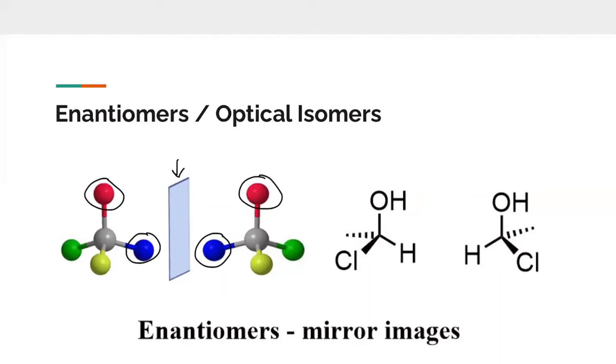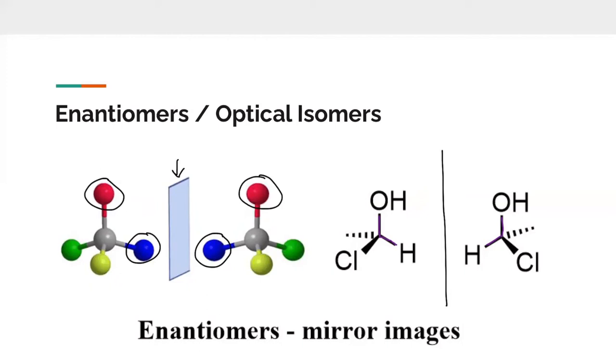Now, before we get into more details about this, we do want you to be familiar with not only bond line notation, but also wedges and dashes. So as you can see on this right image, we have these two molecules that essentially also are mirror images of each other. So if we draw a mirror plane here, you can see that again, the hydrogen atoms reflect onto each other, and the oxygen atoms reflect onto each other. So here, when you see just a plain line in the bond line structure, like these two lines in purple,